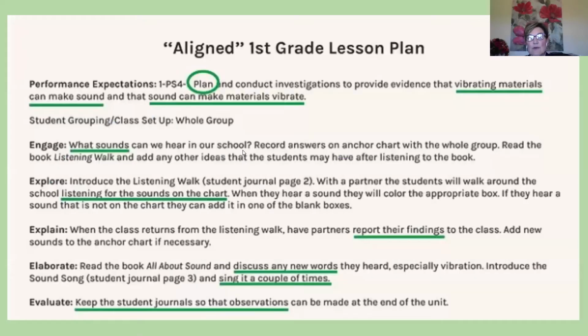So here is a sample curriculum. It's a first grade lesson plan, and it claims to be aligned to the NGSS. In fact, it begins with the performance expectation right at the beginning of the lesson plan. And the PE says that students should plan and conduct investigations to provide evidence about vibrations. All right, so the two big things here, planning the investigation and that there should be some talk of vibrations